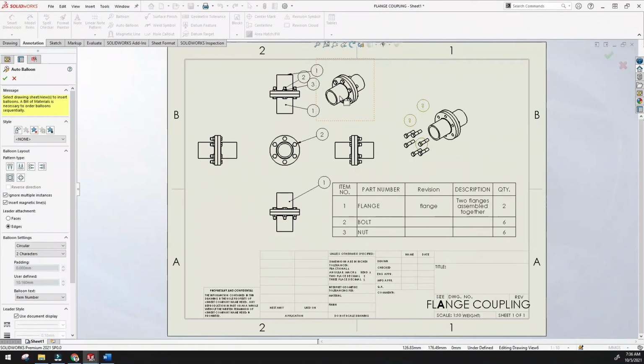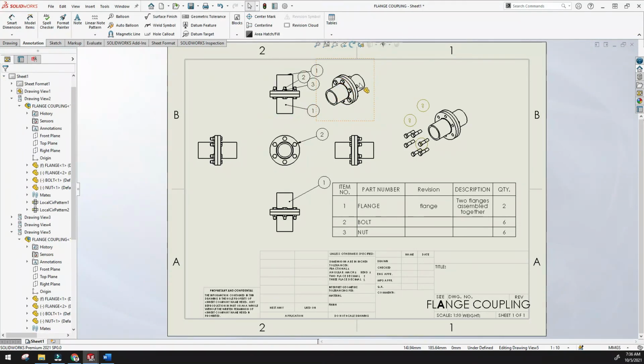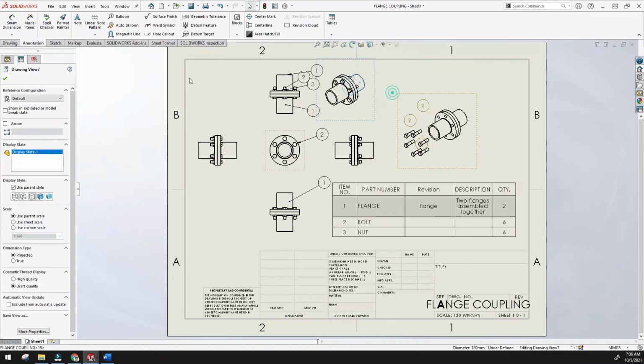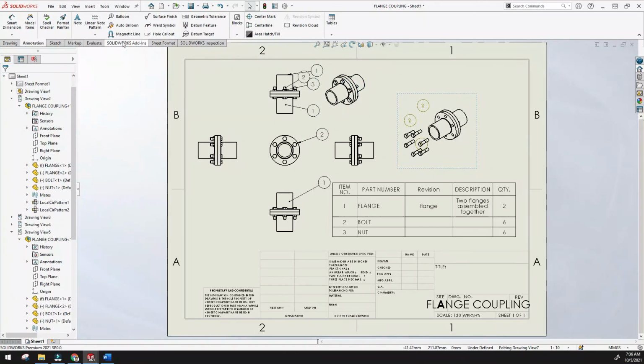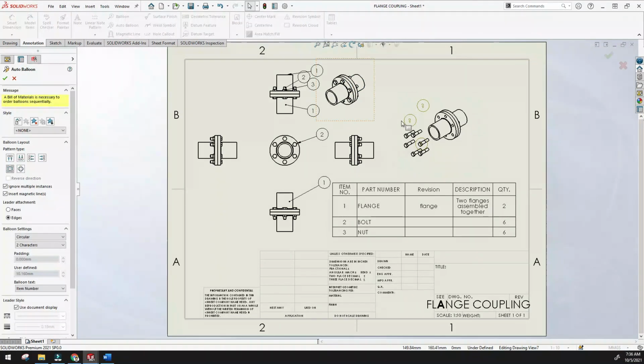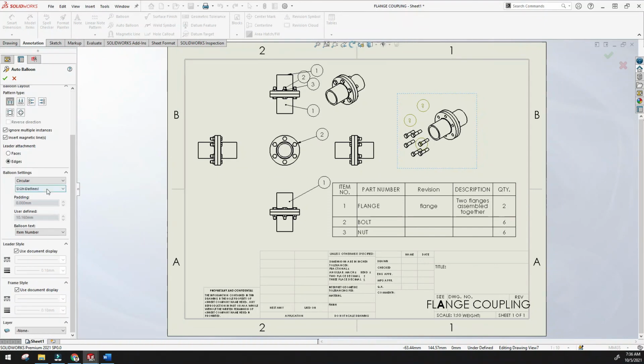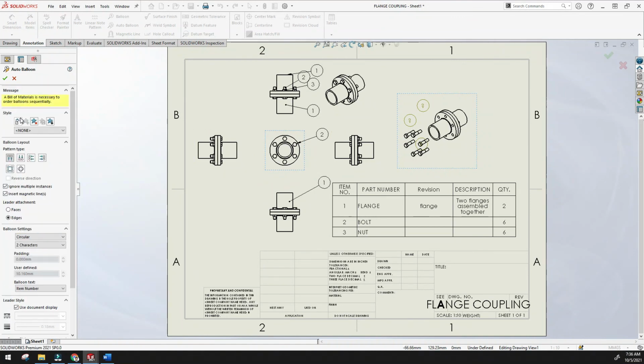In auto balloon, you will have different options, like how you're going to give the auto balloon.